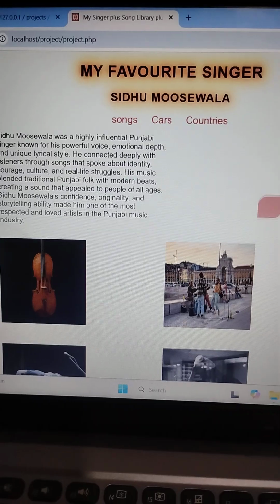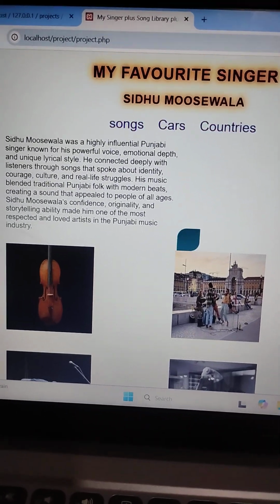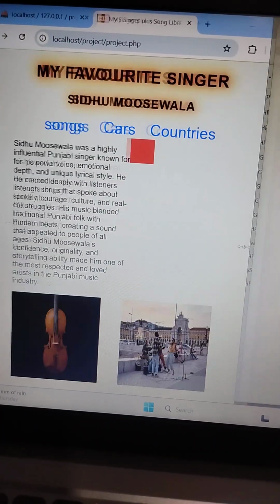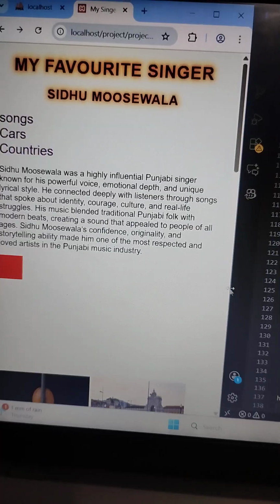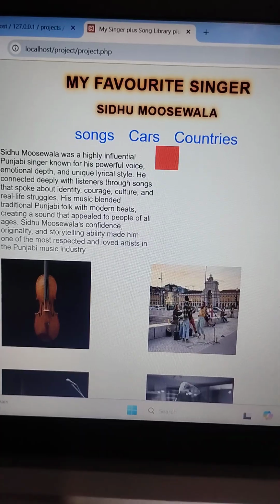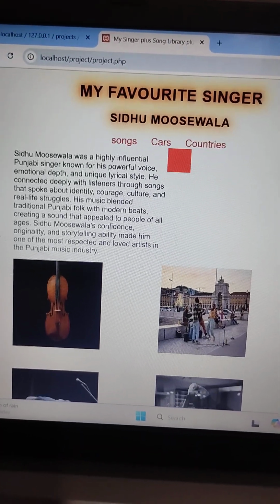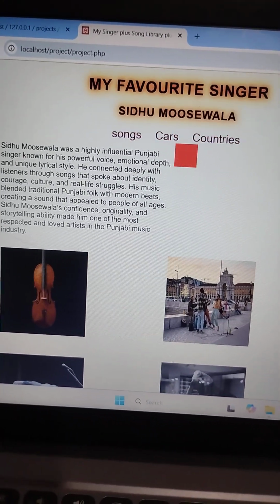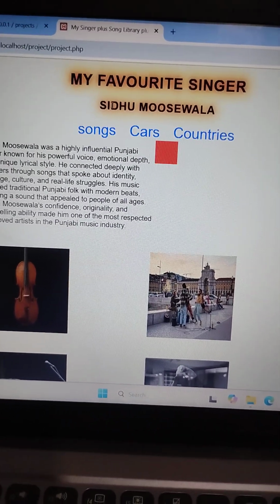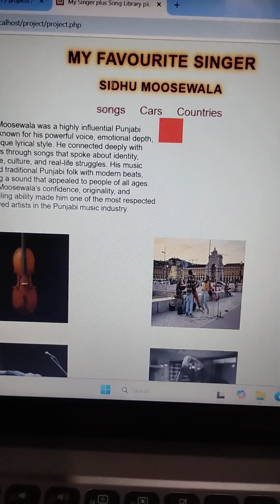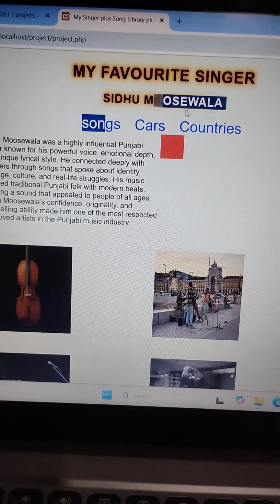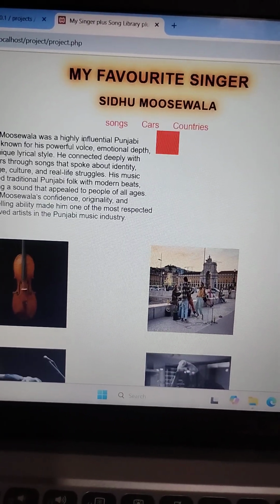So this is the main file, and as you mentioned the desktop and the mobile layout, in the mobile layout everything will be in a single column, and in the desktop layout it will be in a row, and also there will be a 2-column layout. So I made a 2-column layout, and as in the project proposal I said I will make my project on my singer, and this is my favorite singer heading, and this is his name, Sidhu Moosewala, and this is